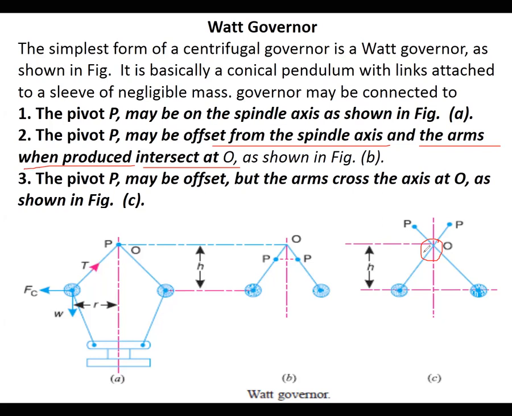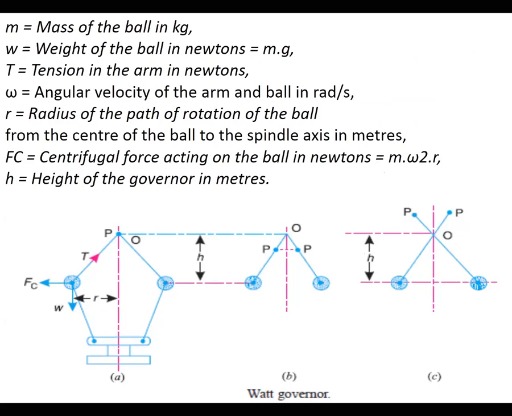So this is the simple diagram. The Watt governor has a simple diagram, and the Watt governor has an offset diagram also. An offset governor is nothing but one where the forces are the same on both sides once we calculate one side. See here, this is one link and this is the other link. So two links are there. I'll take you through what these links are. See the diagram.